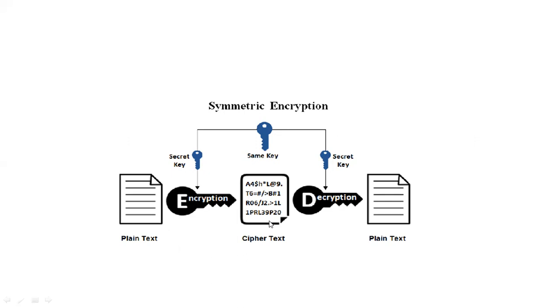and the plain text looks like the encrypted text. Then during the decryption process, the same secret key that was used in converting the plain text into ciphertext is used to convert that information back into plain text. So by looking at the system diagram, we can observe that the same secret key is used both for the encryption process and the decryption process. It's a very simple technique.